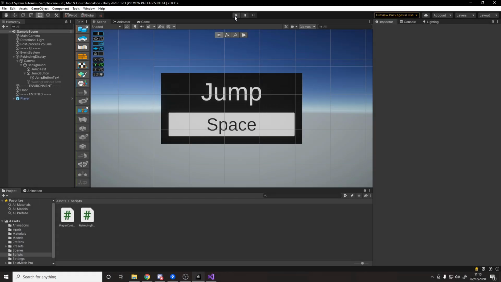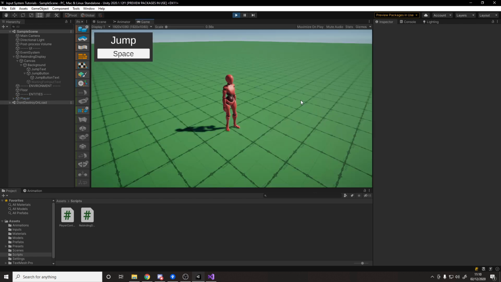If we head back into Unity, there shouldn't be anything more to hook up. So if we just hit play, I can now hit WASD to walk around, space to jump. And if I hit rebind, and I hit, let's say, the J key, it now updates to say J. And if I hit J, J does jump, and space no longer does jump. And I can set it to be anything like the escape key, and now that's jump. Set it to be the control key, and left control is now jump. It's up to you, right? You can set it to be whatever you like, and it all works.